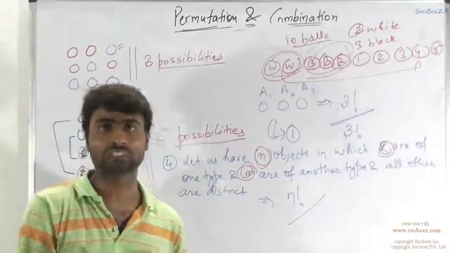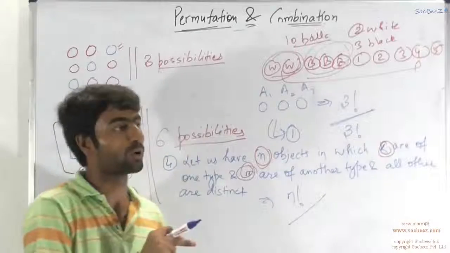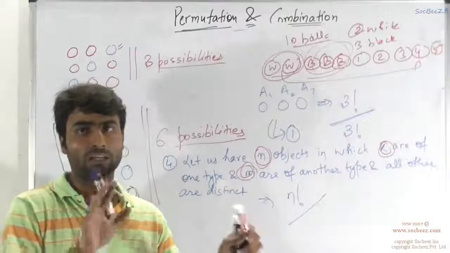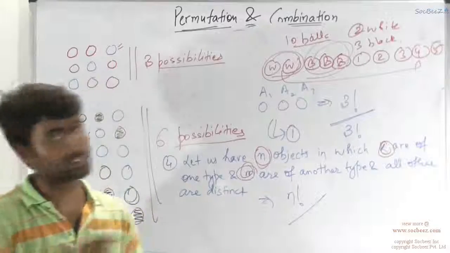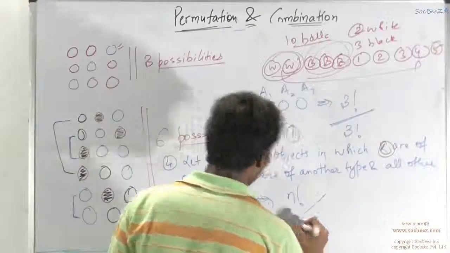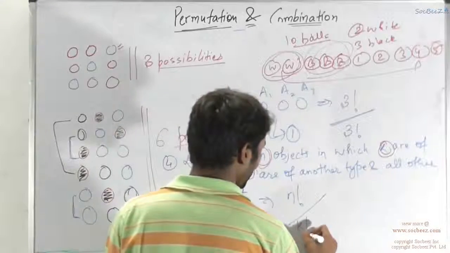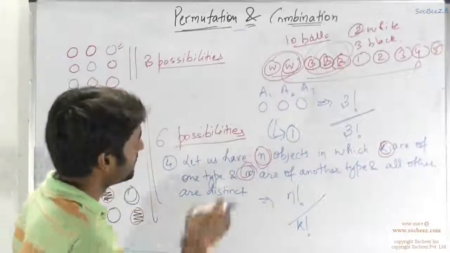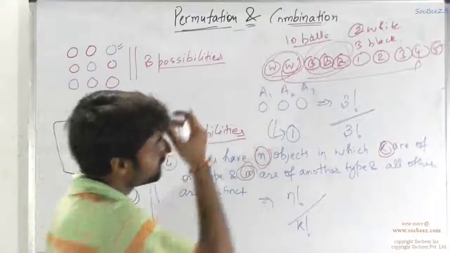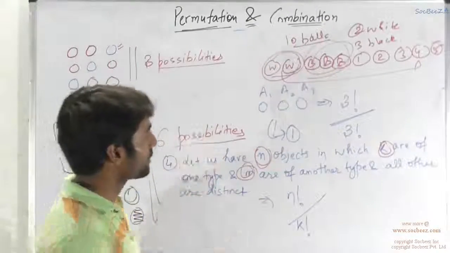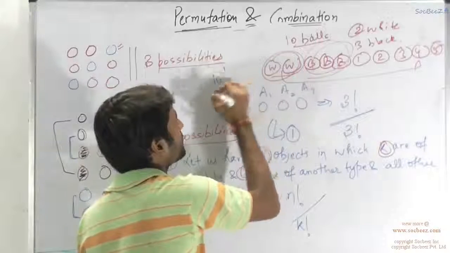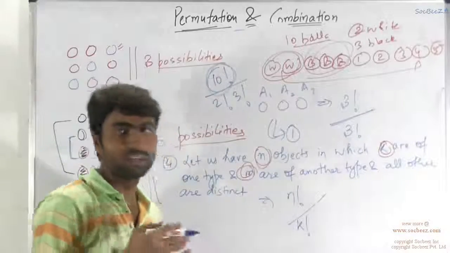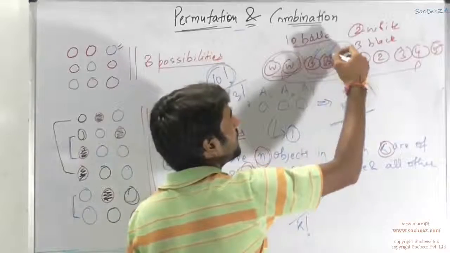So whatever permutations were formed by exchanging the position of the first white and the second white now don't exist, because these 2 whites are same. So it is divided by the total number of permutations that were formed if you assume that the k were different. Similarly, we will divide it by another. So again we will divide by the 3 black, because these 10 factorial permutations had permutations corresponding to understanding these 3 are different.